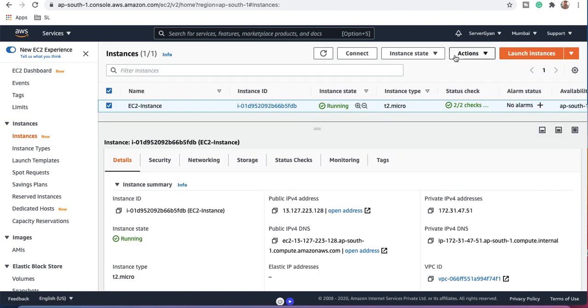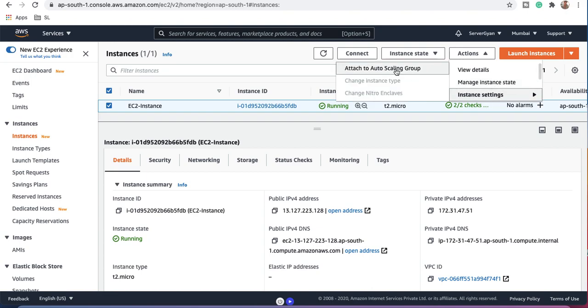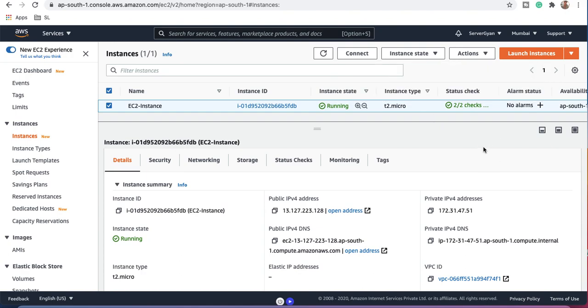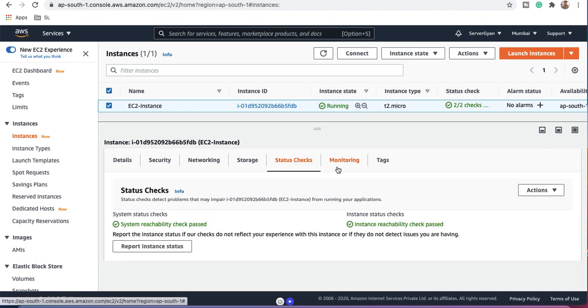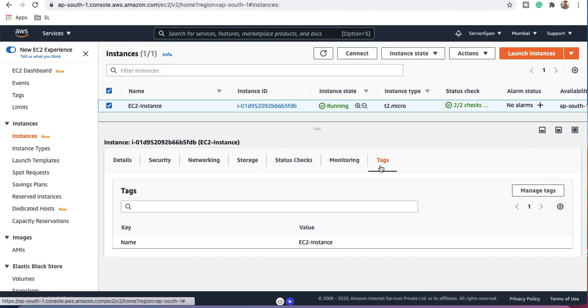Moreover, if we want, we can check multiple actions here. In instance settings, if I go into instance type, the Nitro enclave cannot be modified. There are also shutdown behavior, credit specification, edit user data, and manage tags. So these are the particular options we can use here, right? Guys, this is all about this video. We have multiple options with the new AWS EC2 console. Earlier we used to have most of the details on the same page, but right now security, networking, storage, status, monitoring, and tags have been isolated into different tabs, right?